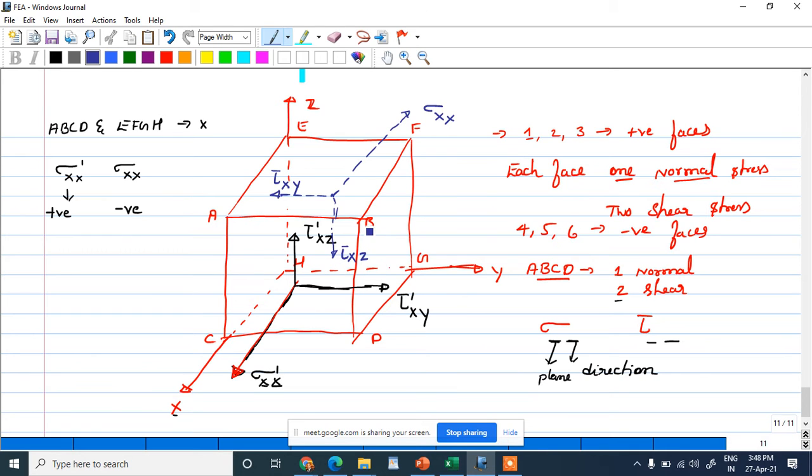And if I want to take the other, let me take B, F, G, H. I want you to answer me, okay? I will be drawing the components. One is normal, and one is parallel to z direction. Let me draw this, okay, in upward direction, and one is moving along with x. Okay, I want the student to enable your audio and tell me what will be this particular stress here. What should I denote?